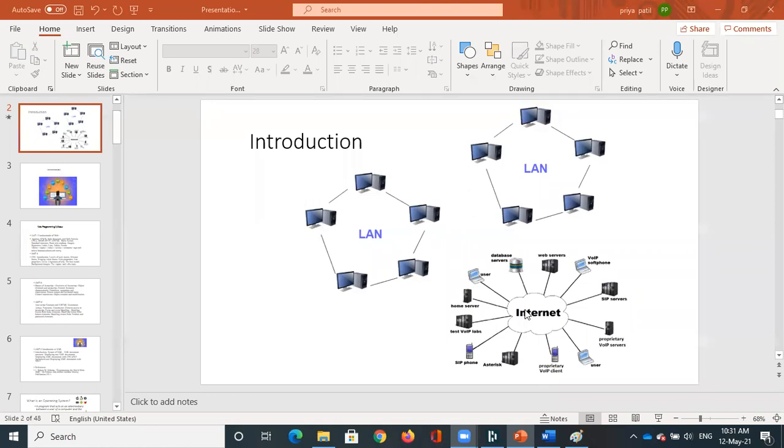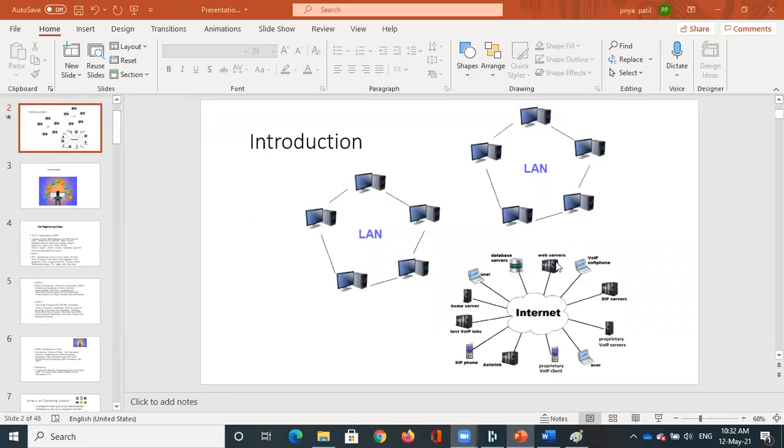And when we say internet, it requires a lot of other things apart from only our computer system. A hub is required, a switch is required, cables are required, and many other things are required for the internet.